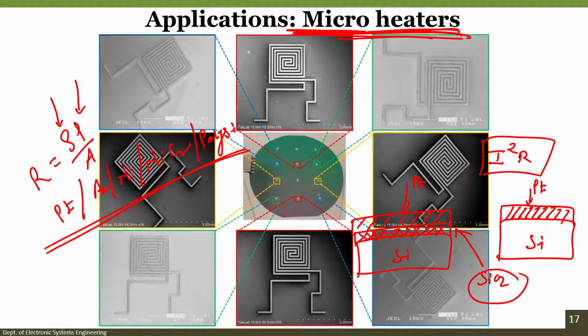That is why you can see here the color of the wafer is greenish, depending on how we have taken the photograph, but mostly it is green, and somewhere here you can see a purplish color. This is because of the silicon dioxide deposited on the silicon wafer. Again, like I said, we will see in detail how we can fabricate the micro heaters on the silicon substrate.